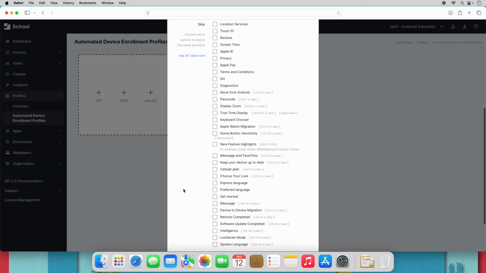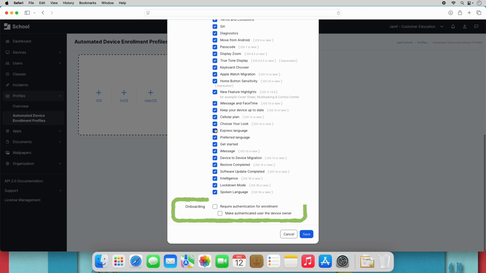Next, we can choose which parts of Setup Assistant on iOS to show or skip. If we select any of the options on this list, that corresponding item on Setup Assistant will be skipped. I want to make the setup process really quick for my users, so I'm selecting Skip All to the left and deselecting Location Services, since we definitely want them to enable location services right away. Note that this only skips these steps during Setup Assistant. Users are still able to configure these settings later in the Settings app. Until that time, the default settings will be used.